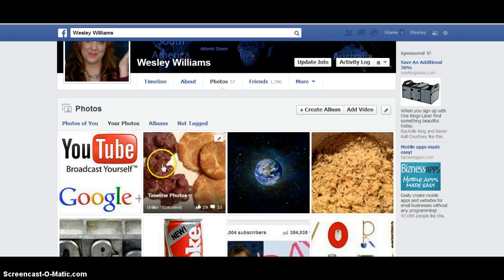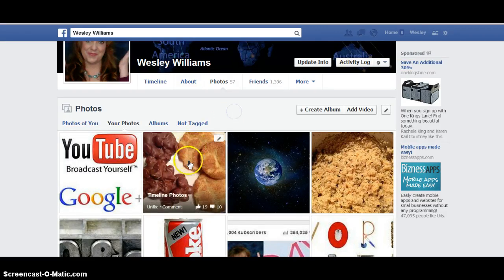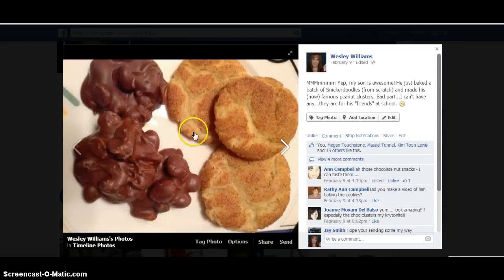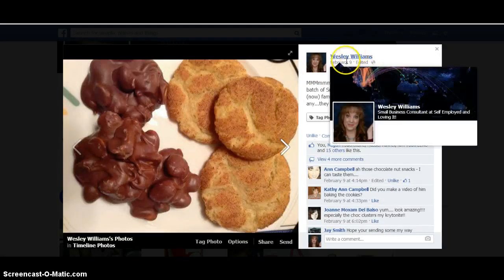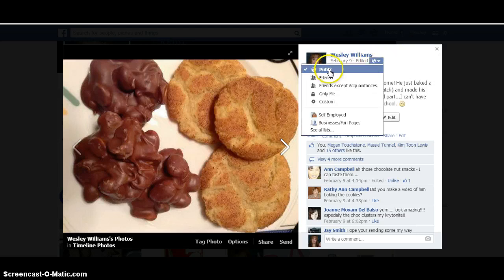So let's go ahead and hover over this again. You'll see the little pencil comes up, and all these different things that you can do: you can delete it, you can get a link for it or whatever. That's on that part. Now, to go into it, again, click the photo itself, and it will take you in here. Starting up here at the top, click the little world globe looking thing, and you'll want to select here